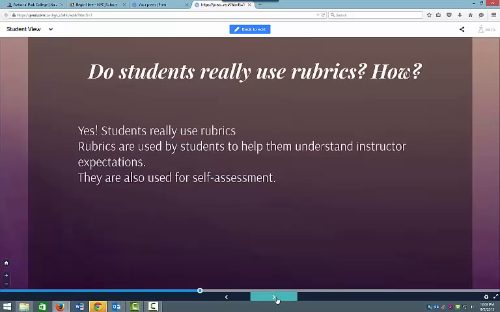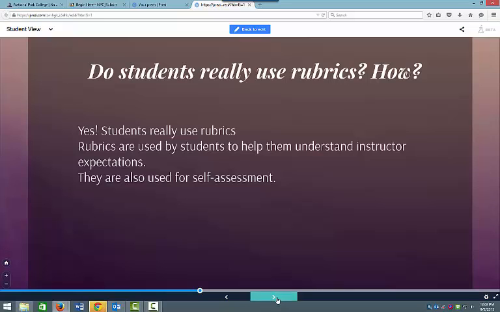I don't feel as confident. I'm having problems with this. I'm not really sure that I know what to do. And so, yes, the students found that the rubrics that they had been using had been very helpful to them. And so, yeah, students are going to use them, and they're going to use them a lot